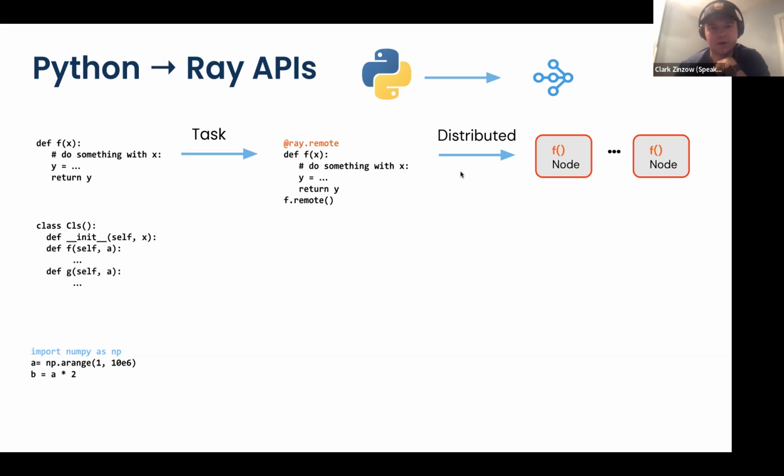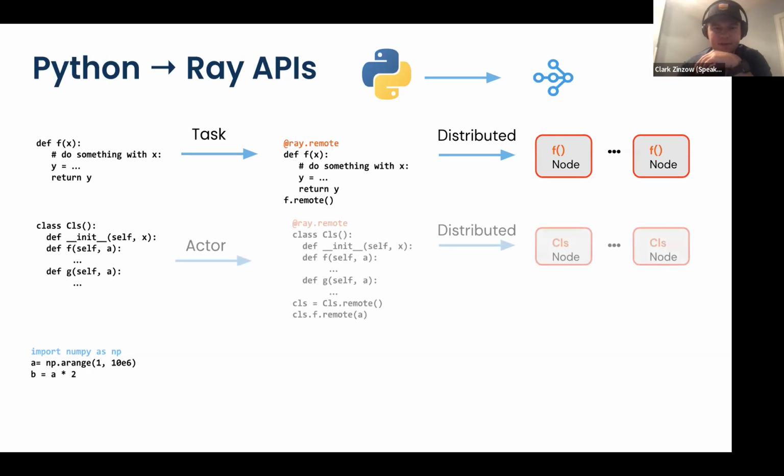It will then return a future, which is a little handle saying that this will contain a result at some point in the future. You can then call ray.get on that, and that will block and wait until the future has been resolved, which means the data has been materialized and fetched to your local machine. It's cool. I just executed a bunch of tasks in parallel on my Ray cluster, and then I'm able to ray.get the results.